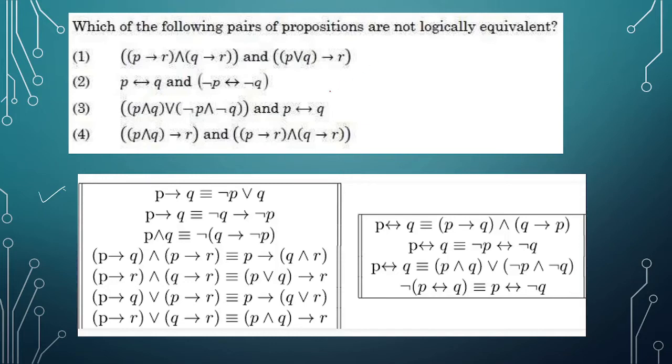Then see, what is the first one? Whenever it's an arrow, you know it's an implication, yes, and whenever it is like this, it is a double implication. That is, P implies R, and this other one is P implies Q and Q implies R. Okay, so let's compare. So this is the first one. As you can see, are they logically equivalent or not? So see here, it's directly logically equivalent. If we just remember it, we can directly do it. Okay, then the second option is this, right?